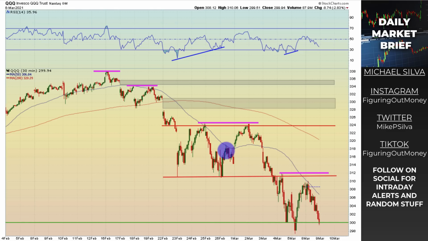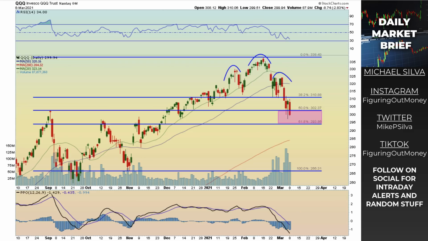Just know that shorting this market, and I really want to drive this point home, because you might think, okay, if it's breaking down, this is a good opportunity to short it. Not necessarily, especially if you don't know how to be tactical during big moves. So for example, if you were shorting the market and then on Friday you got ripped your face off to the upside, and got lucky on the downside if you held it, but chances are you would have covered there. So there are significant rallies.